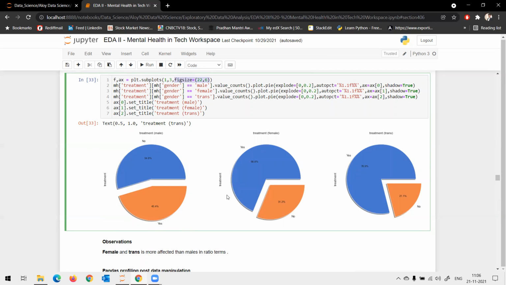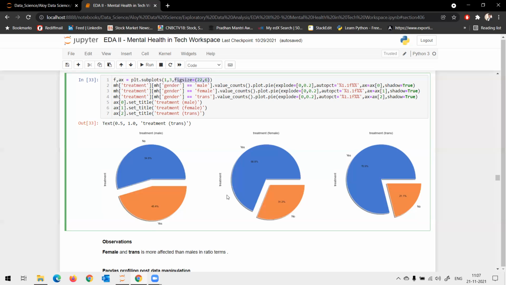Now, what do you basically infer from this plot? Which gender is more likely to take treatment? Is it male, female, or trans?